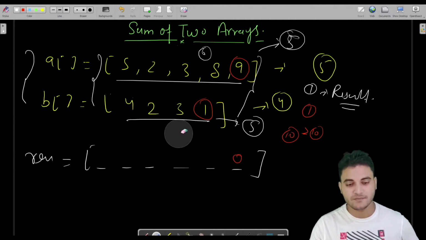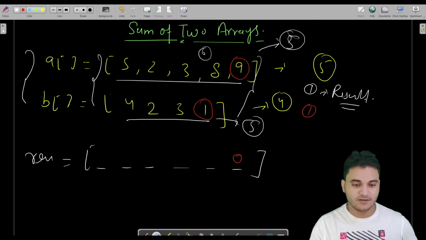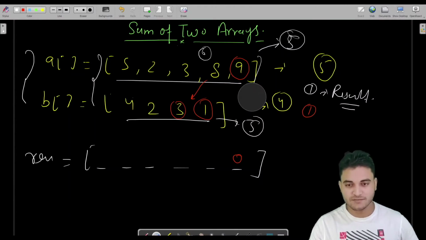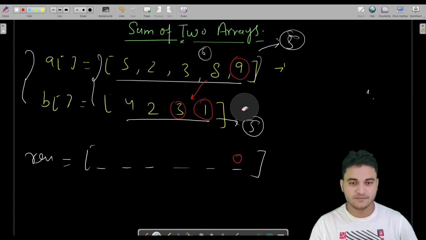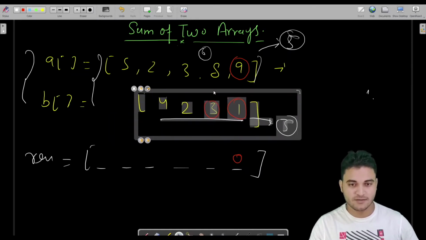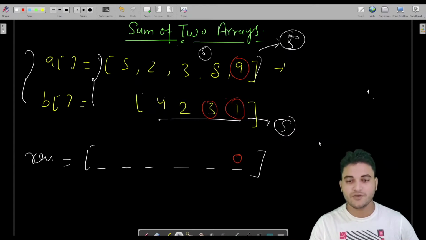Fine. See it very carefully because this is an important one, and you can find the same question on LeetCode also. So now we have 1 carry. Now we would add these two. The last digit of B is 3 and the last digit of this is 8. Let me do it this way. Let us erase this and make it clear so that you should not be confused. Fine. So select it and move it till here. Now we can visualize that we have to add this digit into this.